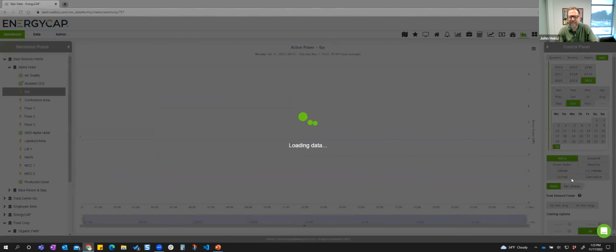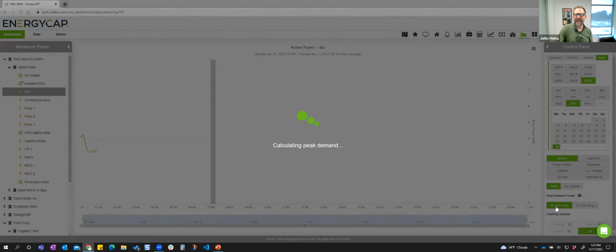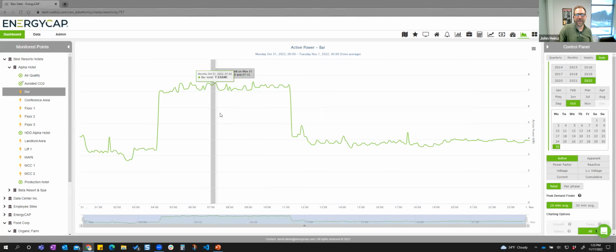So, again, this is just profiling the raw data that's coming in so I can look at it over time. Here, if I wanted to look at, say, the 15-minute average demand for a given time period, I'm looking at daily. It'll find the 15-minute average. I can also look at the 30-minute average to say over a 30-minute span, where was my peak? The data that's coming in for this meter is in 5-minute intervals. So this is an example of a device that's connected, that's reading pulses every 5 minutes and then transmitting